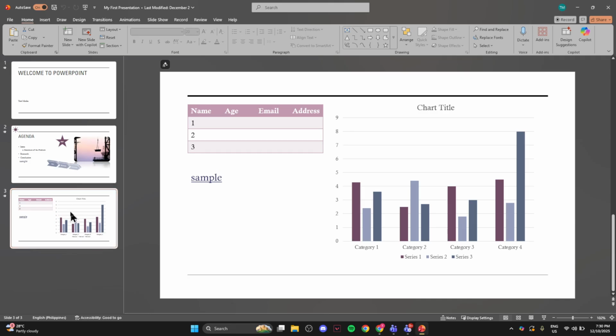By following these steps, you'll be able to confidently present PowerPoint slides in Microsoft Teams, making your next online meeting